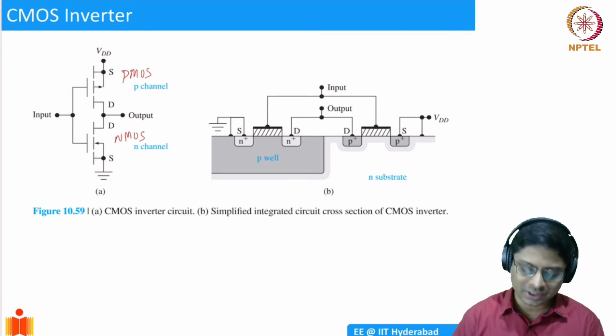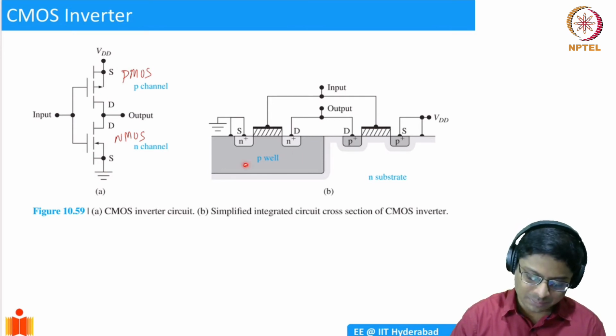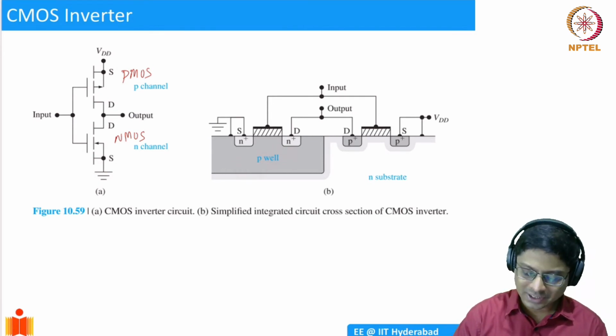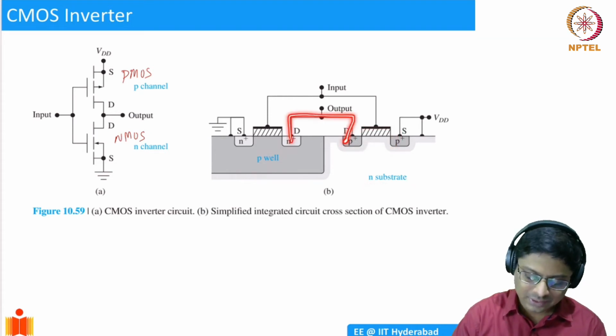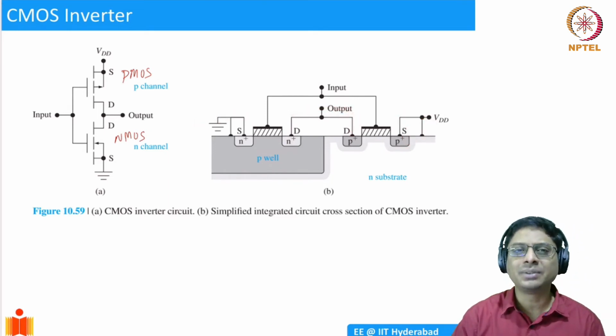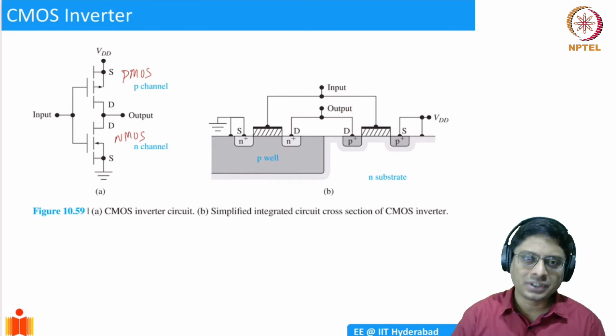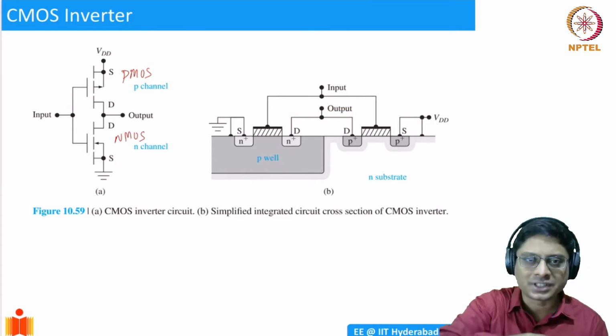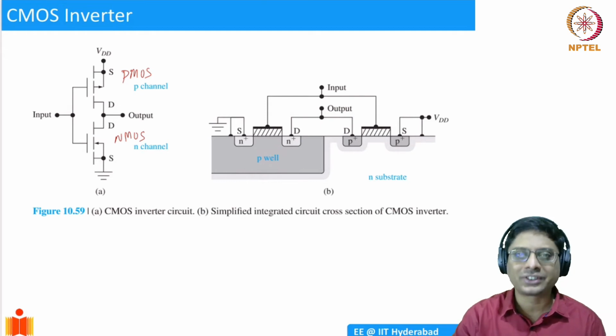And physically, if you look at it, it will be something like this. You have the P well, which has the NMOS device, and the N-type substrate, so you have a PMOS device here. So the drains are connected like this, and then the source is grounded. This is VDD. And how exactly these connections are made, well, it is something similar to what you see on a PCB. When you see a PCB, you see the components and there are these copper lines which are running, right? So those are all metal connections that we are making.